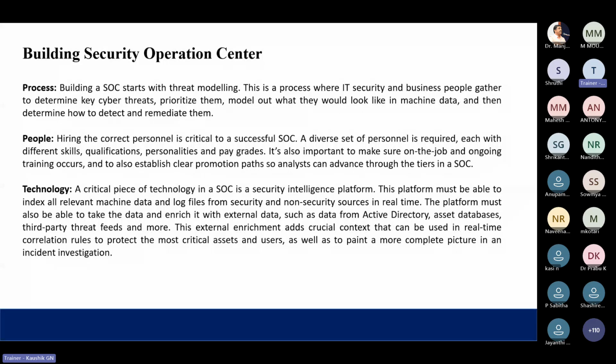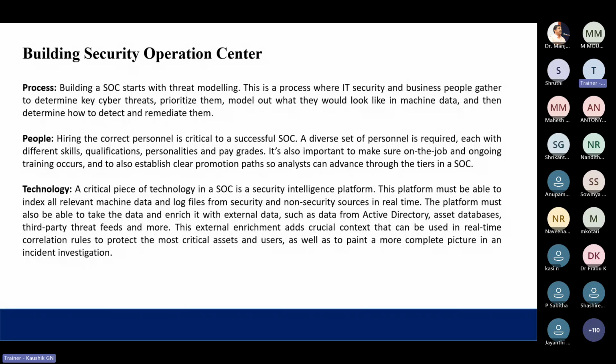So here the threat modeling will be implemented. How will it be implemented? We will get multiple threat feeds from multiple sources. If it is a false positive, then we will neglect it. But if some threats are very genuine, then we will prioritize them, escalate to the higher authority, and try to model them. How can we set our security posture clearly, so that the threat does not affect our entity or the organization?